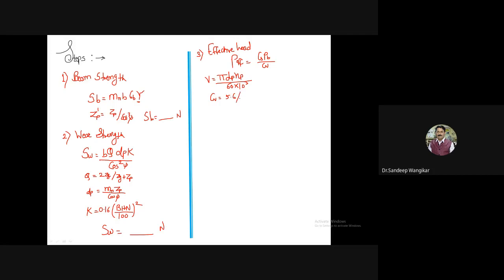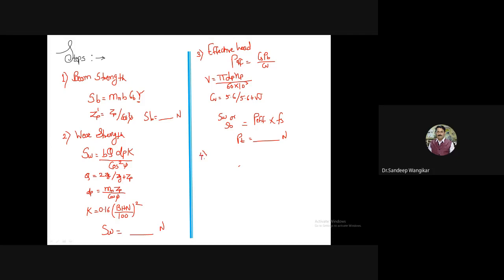5.6 divided by 5.6 plus under root V. Then I will calculate P effective, based on SB or SW, whichever is weaker. SW or SB, whatever, is equal to P effective into FS. So all things are known. We will get the value PT here in terms of Newton.